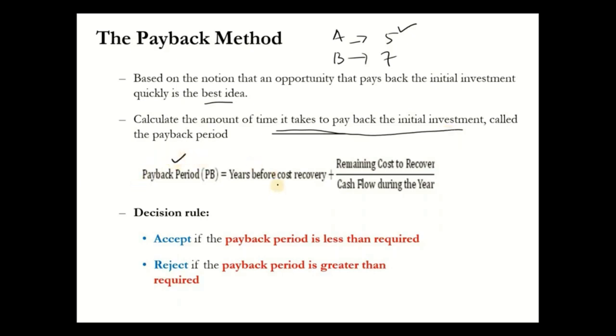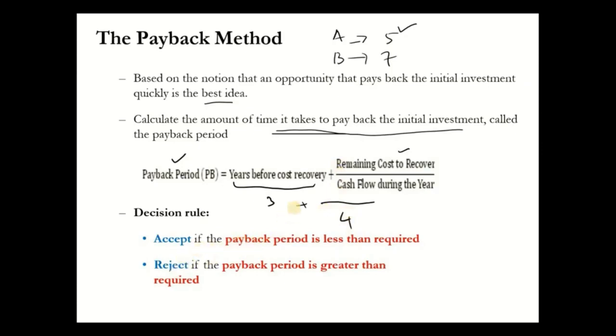Payback period is equal to the year before the cost recovery, right? For instance, if the cost is recovered in year 4, then you use 3 plus the remaining cost to recover, meaning the difference between the 4th and 3rd, divided by the cash flow of the 4th year. Okay, then